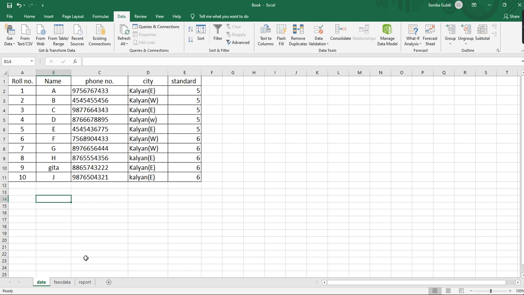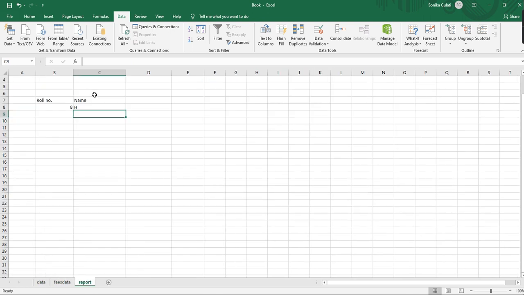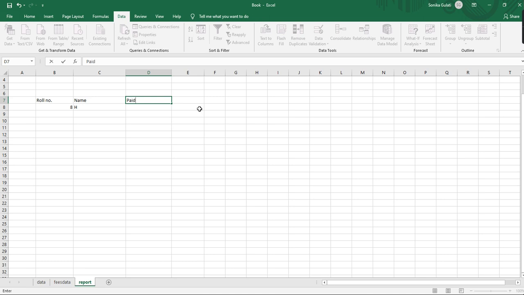You can check here. Now I want the fees paid value here, and in another column I want the balance. When working on it, remember, children, here you have to give VLOOKUP again. Comma, lookup value means again the roll number, as we are working on roll number. Then the table, which table?